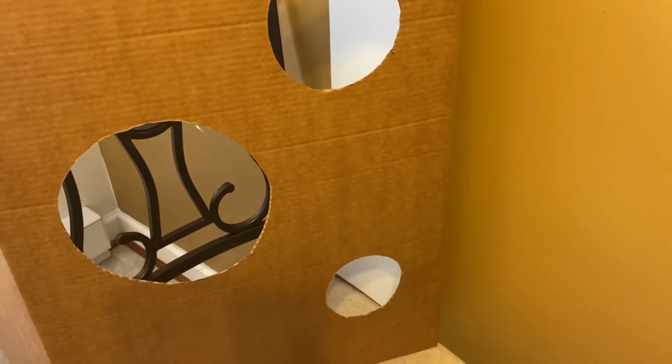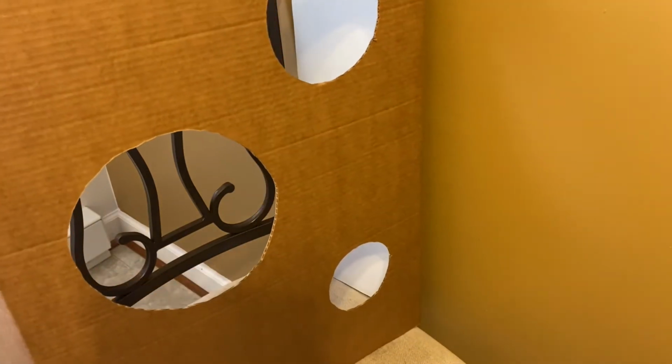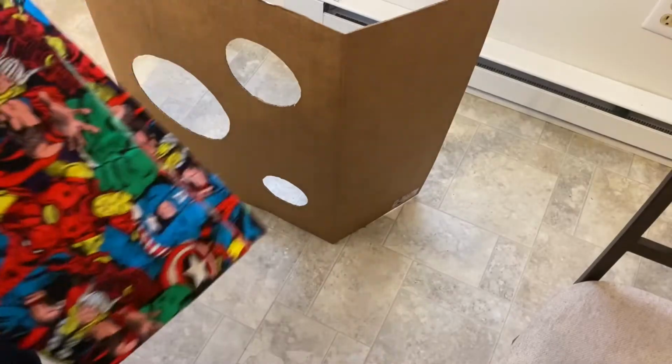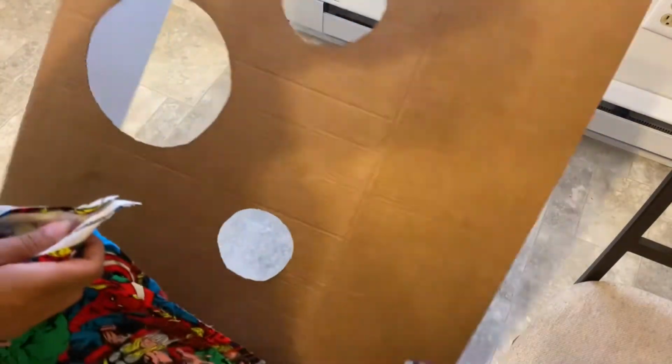There it is. It's three sections. It's going to be turned this way, and I have a cloth that I'm going to put on top, so I have to do the measurements for that, and I'll let you guys watch me do that too. Okay, so